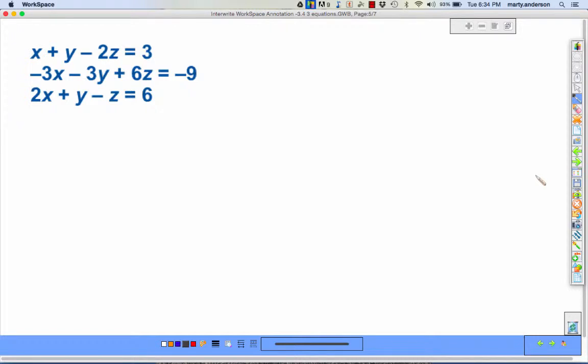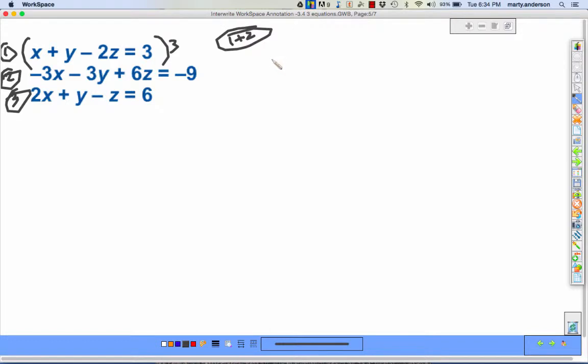So the first one was an example of one solution. So I look at this one and I think to myself, hey, looky there. I got a y and a negative 3y, and then I got a y and a... So let's multiply equation 1. Oh, I didn't label my equations. 1, 2, 3. I'm going to multiply equation 1 by 3,